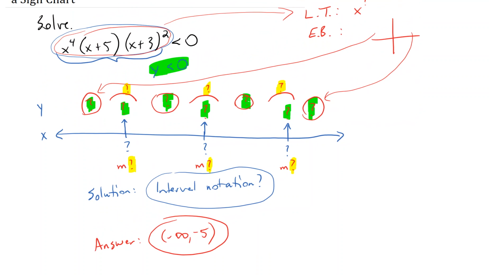Okay, good. So if you didn't get that, keep rewinding, keep working through it, making corrections until you get it. When you're done, come back and work the second problem that I'm going to do. The second problem is again solve, and this one is x cubed minus 9x is greater than or equal to 6x squared minus 54. Okay, this one's a little more involved because the first thing we need to do is